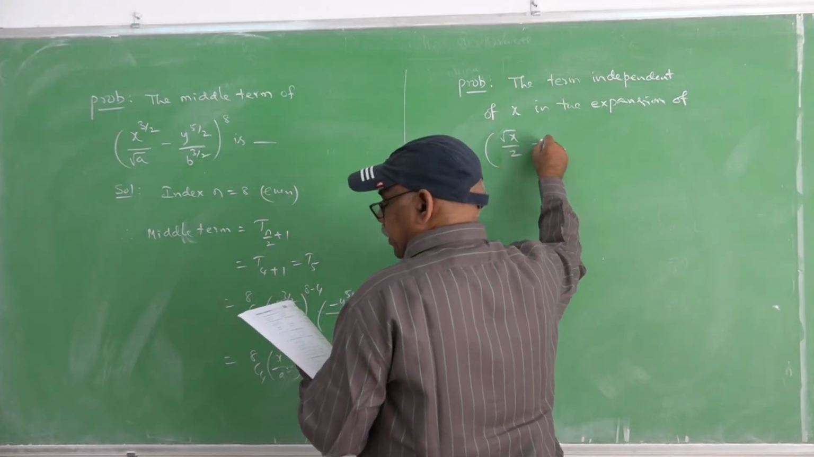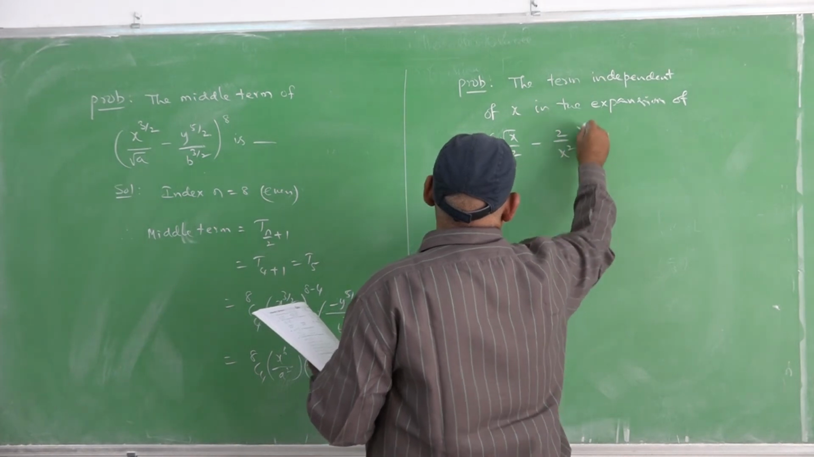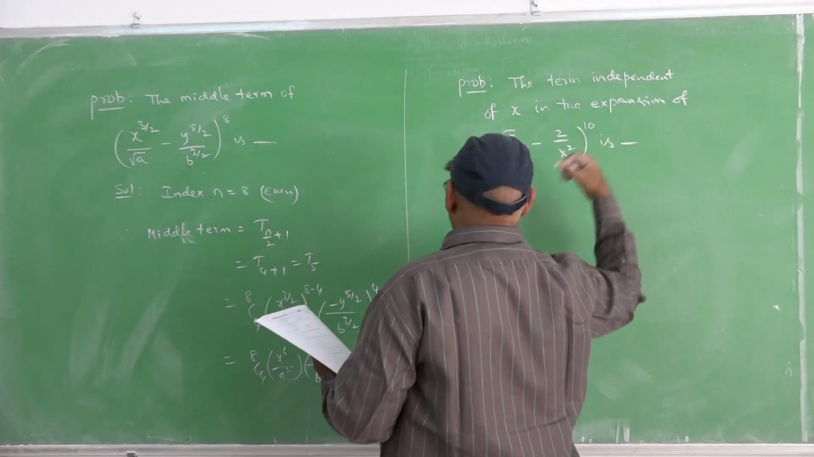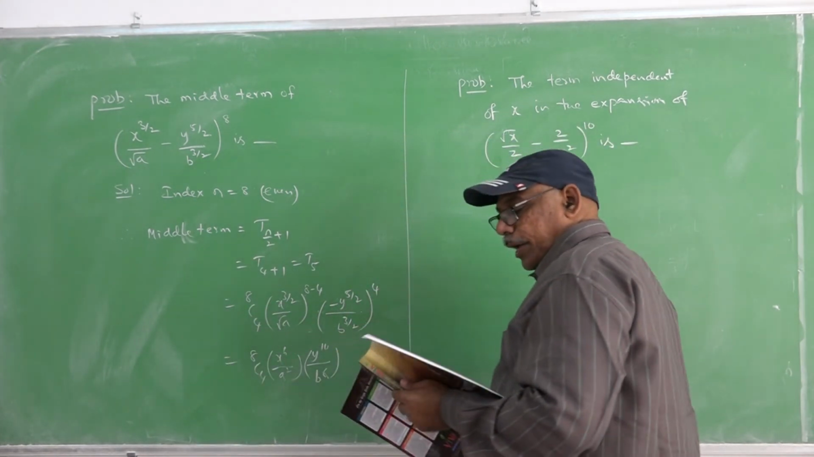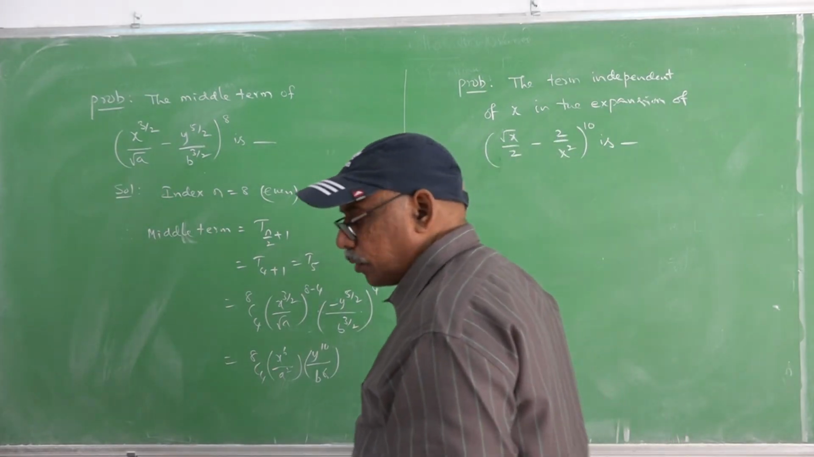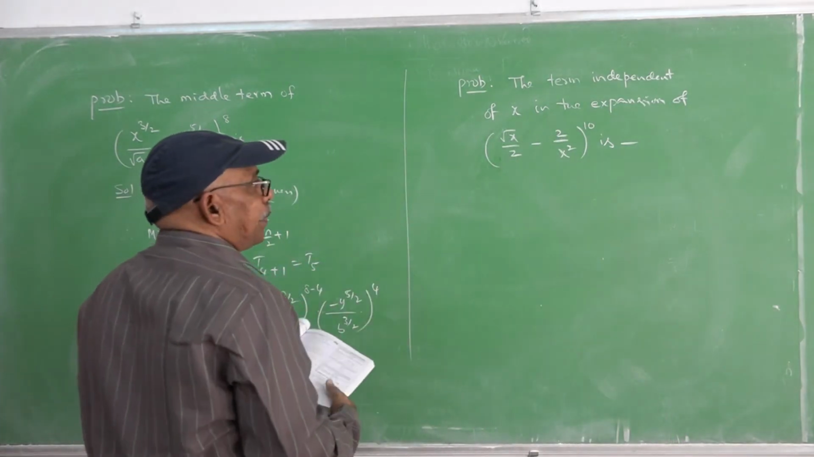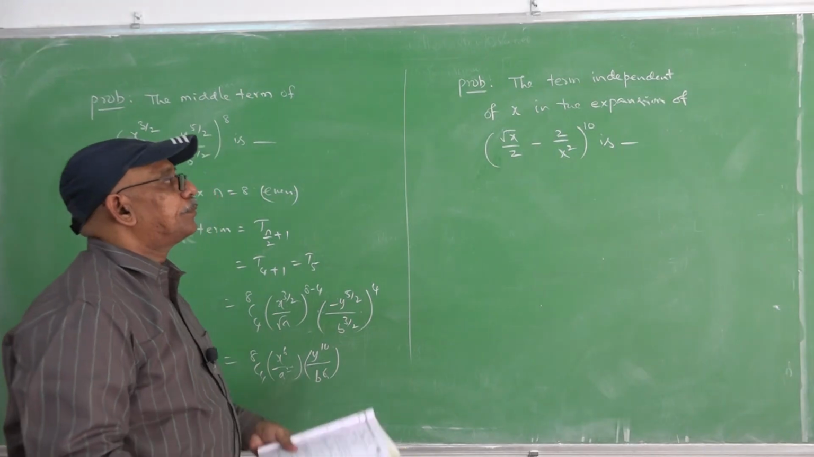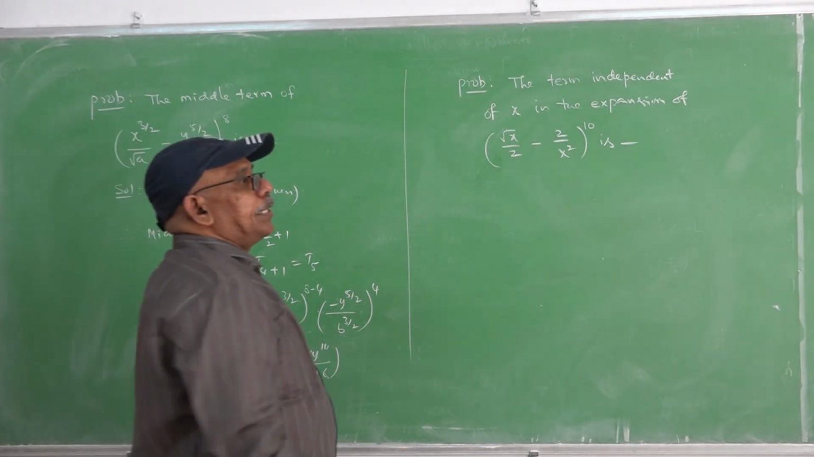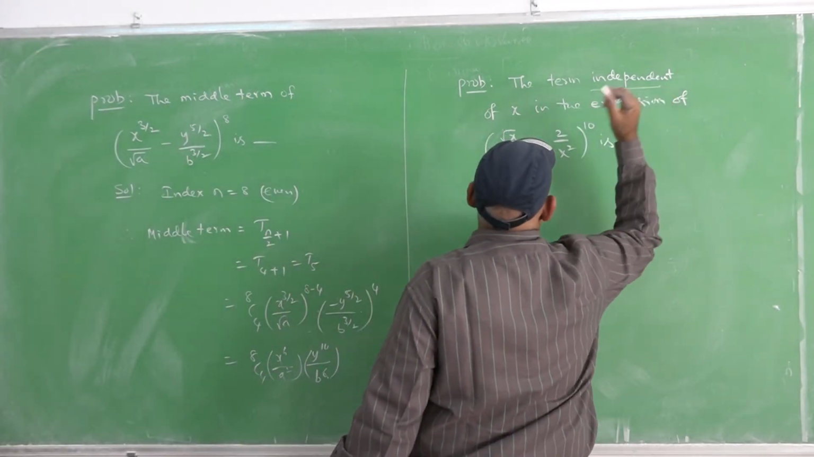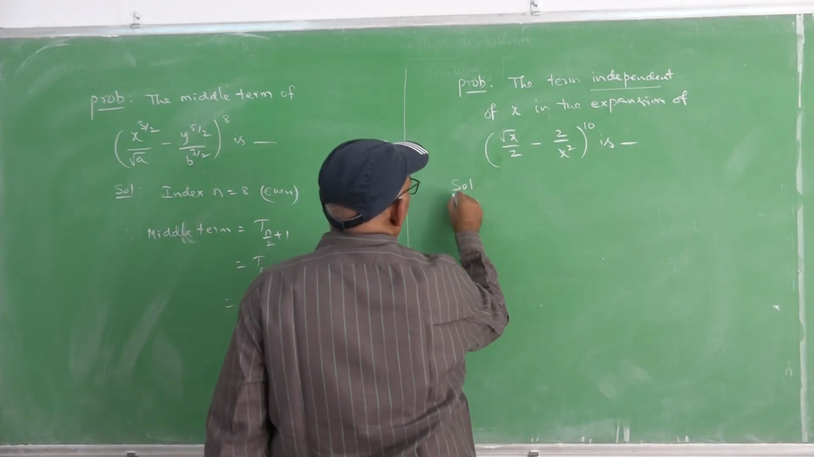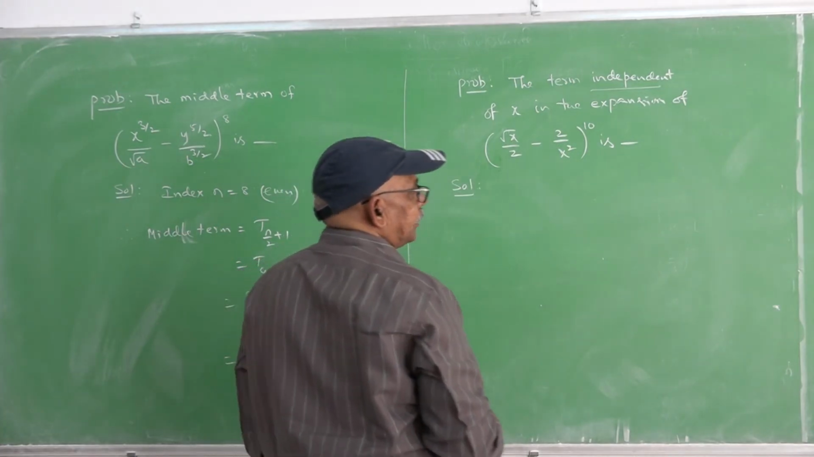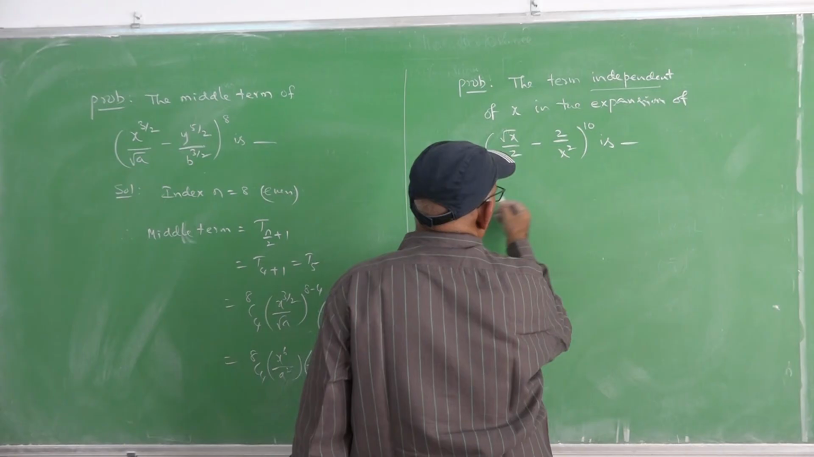root x by 2 minus 2 by x square whole power 10 is. Root x by 2 minus 2 by x square whole power 10, is the term independent of x in the expansion. To get the independent term, let us calculate, otherwise take this point